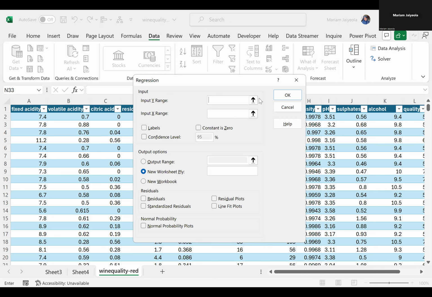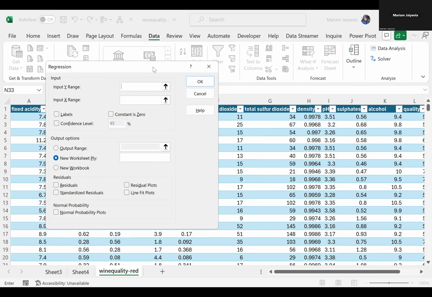So right now, we're going to input our y range. Y is the outcome, like I explained earlier. For regression, we have simple linear regression and multiple linear regression. Simple is when you have just one explanatory variable, just one measure. Multiple is when you have more than one, two or more. So to input the y range,